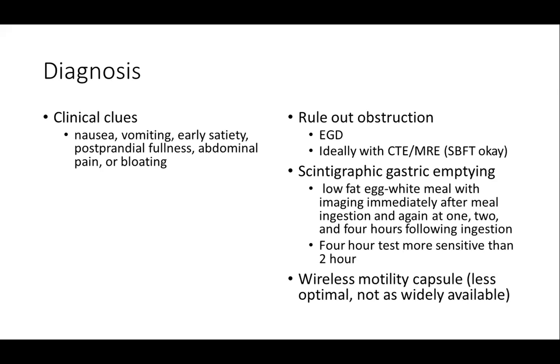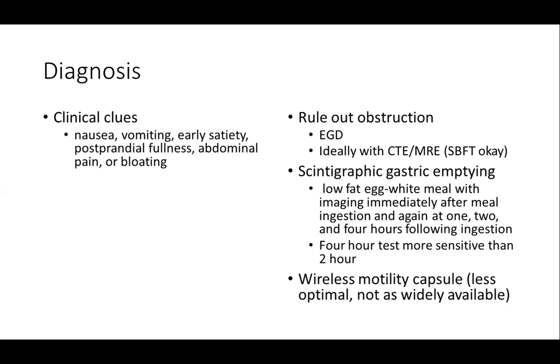The mainstay, you guys know this, is the gastric emptying study. What are we doing with this? Essentially, I tell people you're eating like an egg. It's like a low-fat egg consistency meal. And then they just take measurements of the percentage of gastric emptying over a course of 4 hours. If someone orders a 2-hour test, I don't think we have that option here, but I don't put any stock into it. It's not super helpful. You really want a 4-hour test to see if there's any level of dysmotility. Now, it's annoying to the patient because it takes 4 hours to do this test, but it is helpful.